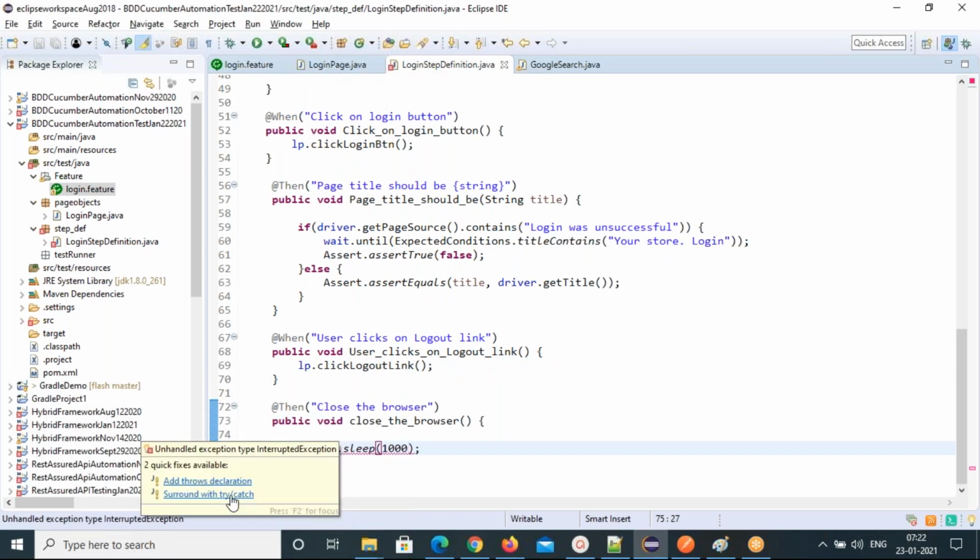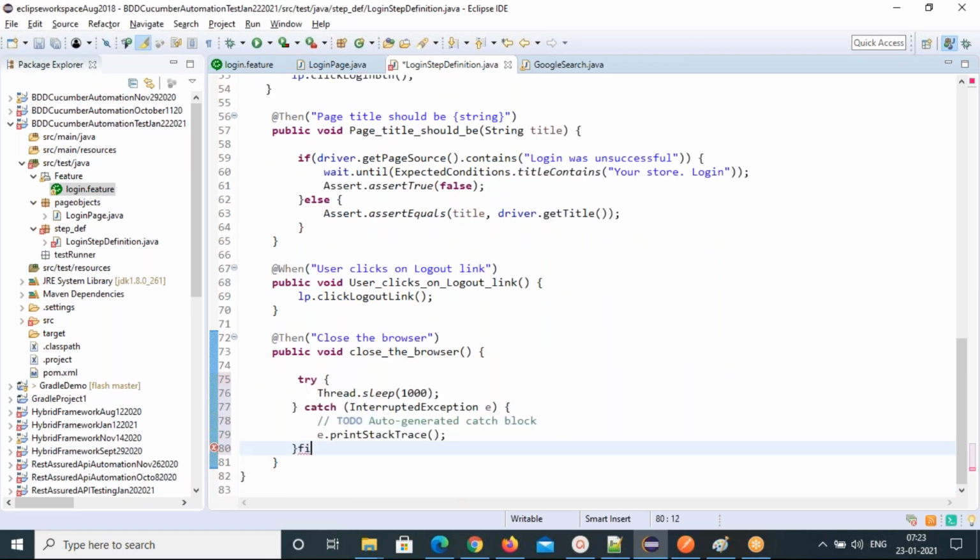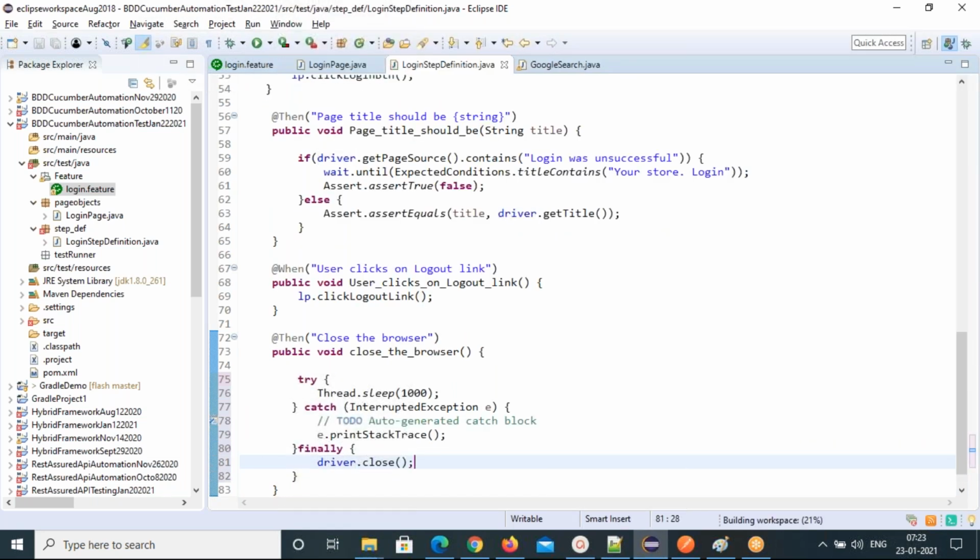Then in finally, the driver.close method, so that this driver.close will definitely execute. So that's the complete code development.